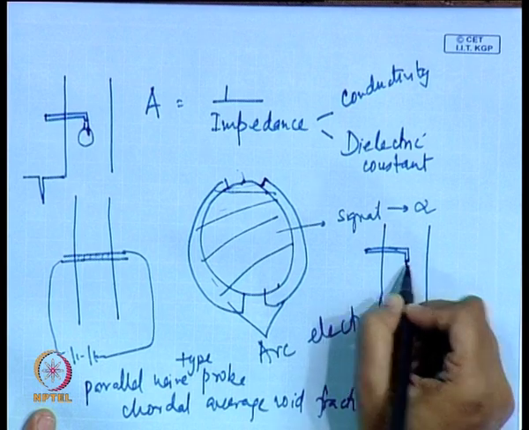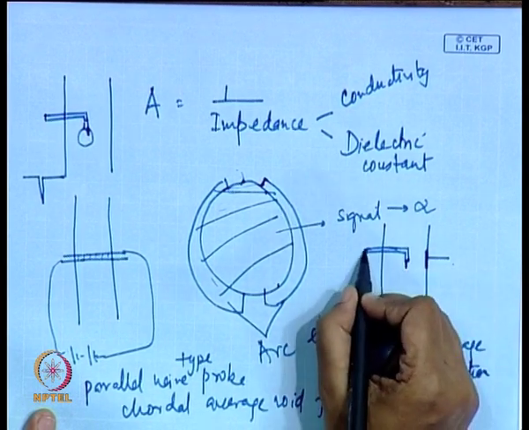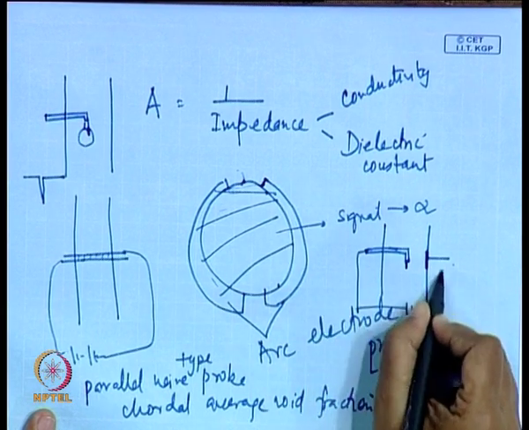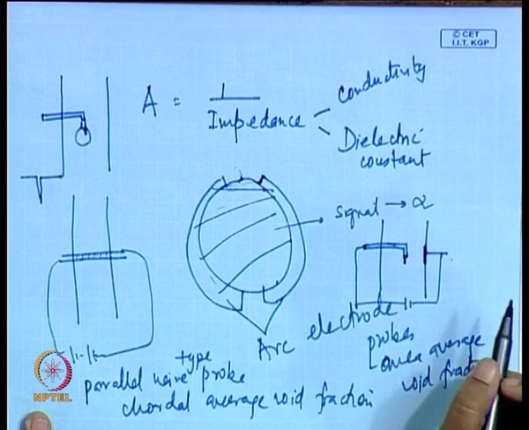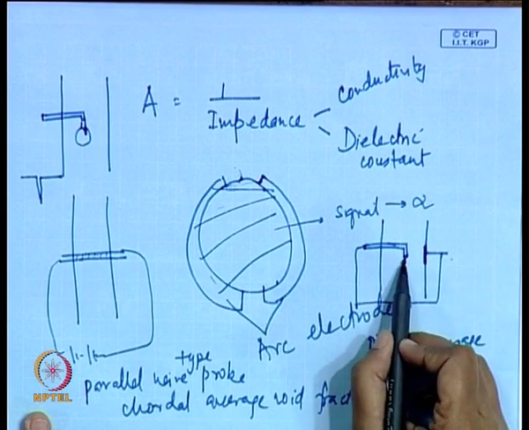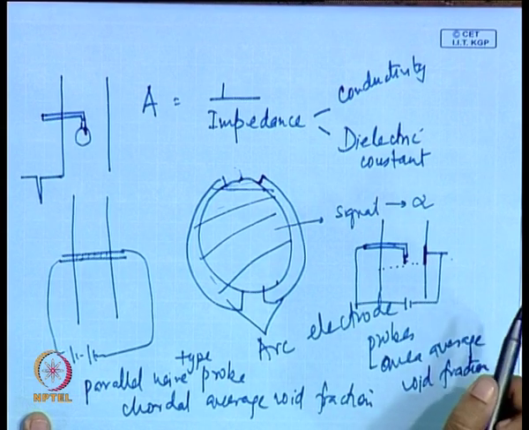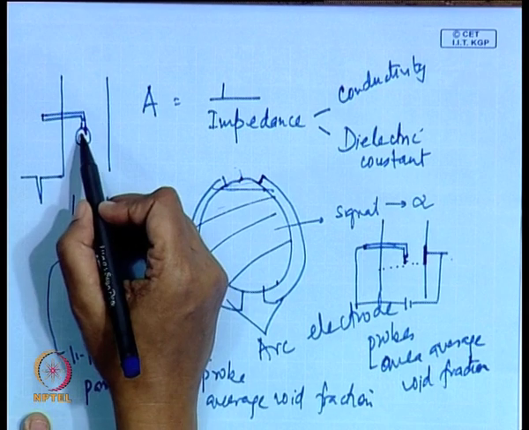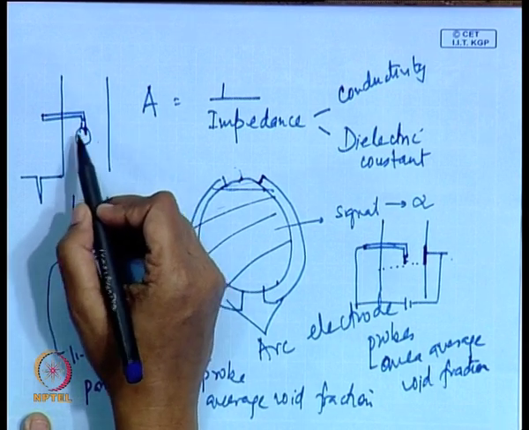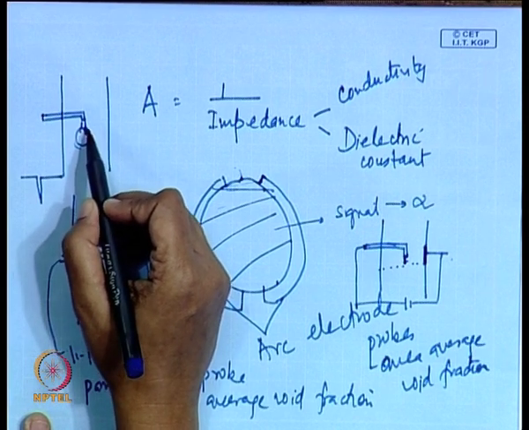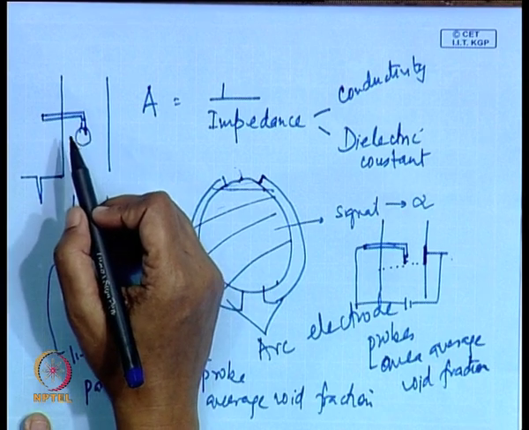We can have a wire here and we can have another electrode here, so that between these two we can have a complete circuit. In that case it gives us a void fraction between the two. Here also we can traverse it and have an idea about the voidage profile. But with this particular probe, we can not only measure the voidage profile, we can also measure the frequency as well as the size of the dispersed phase.